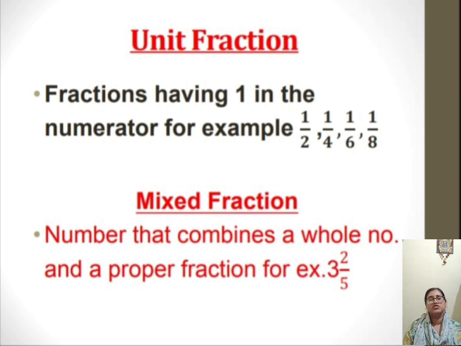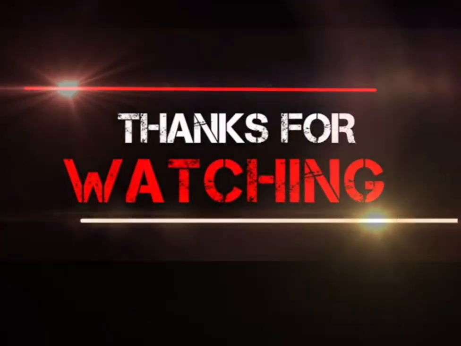Like fraction whose denominators are same, and unlike fraction whose denominators are different, and the proper fraction whose denominator is greater than the numerator, and an improper fraction whose denominator is not greater, meaning smaller than the numerator, and the unit fraction whose numerator is always 1, and mixed fraction, if we talk about it, is the number that combines whole number and the